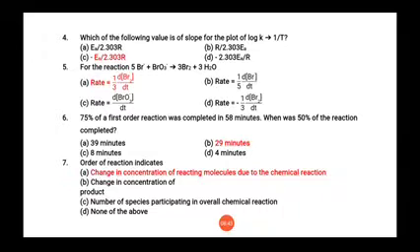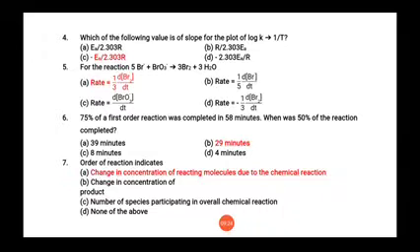Now students, we know that whenever we are writing rate, whatever moles are there must be written in the denominator, and whenever you are writing reactants, you must write a negative sign, and whenever you are writing product, you must write a positive sign. So here the most probable answer is answer A, that is rate is equal to 1 upon 3 dBr2 by dt, because in products you know that 3 moles are there, so it is written in the denominator, it is a product, so that's why positive.